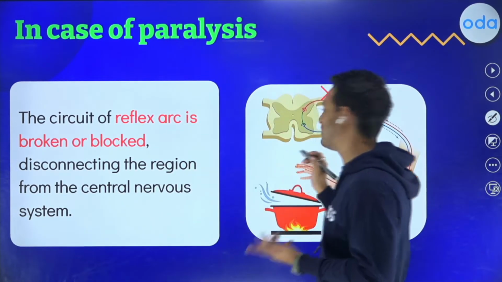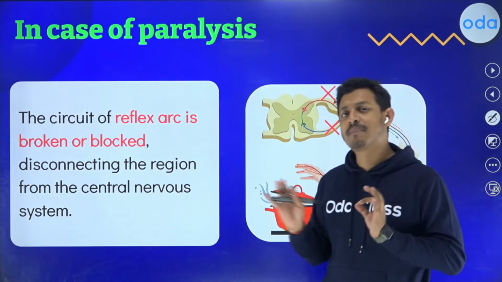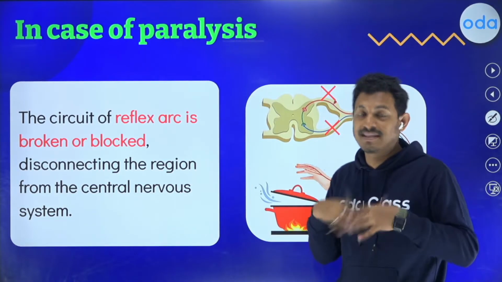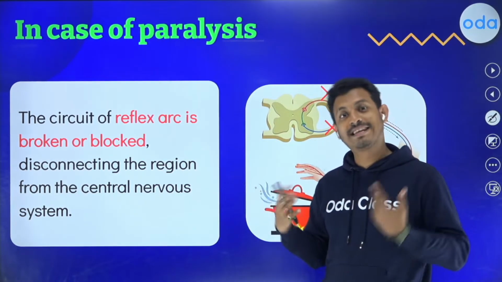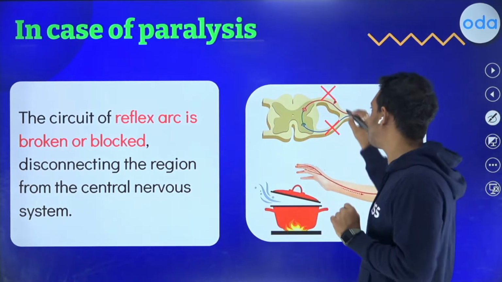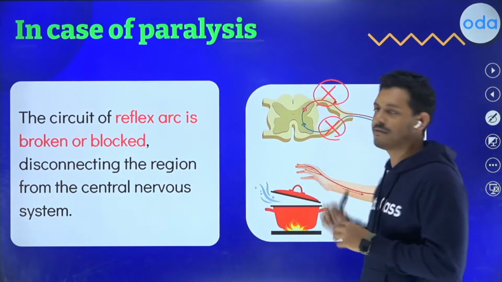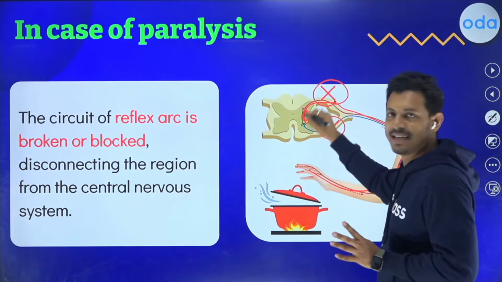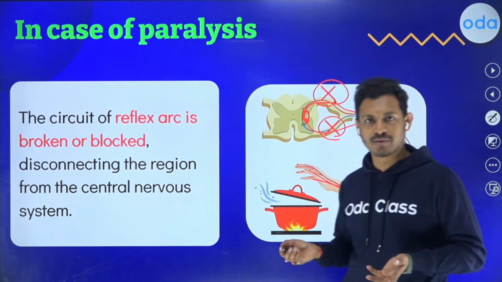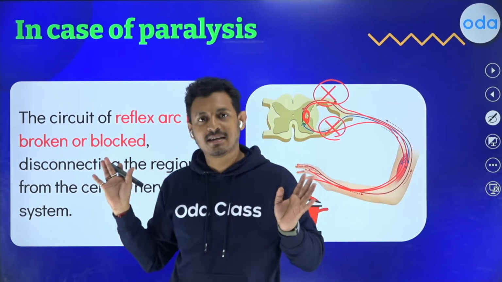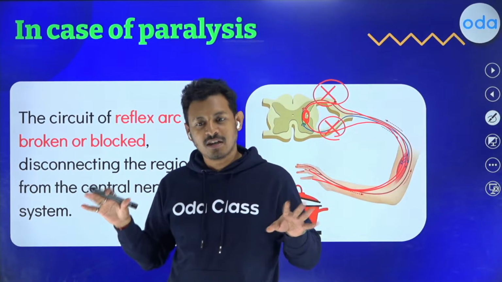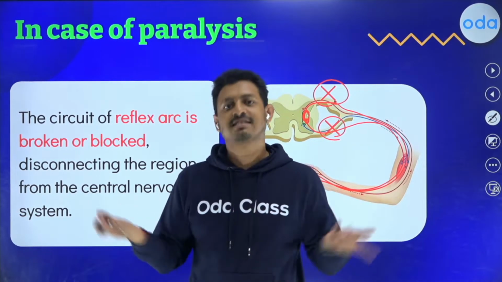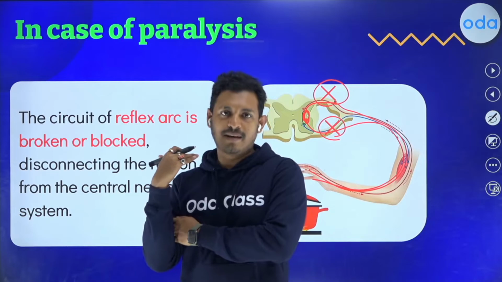In case of paralysis, what happens is that for some reason, the nerves might be damaged, or there might be a blood clot, because of which the entire area, all the nerves, are not getting any nutrition, so they just shut off, or they die. Most of the time it is because of an interruption in the relay of information. Maybe you're touching something, but the information is not reaching your relay station, and that's why there is no response to it. Because even if all my nerves are completely shut off, even if my hand is burning, I will not feel anything. It's burning, but I can't feel anything. That's the same reason why I won't be able to pull out my hand as well.